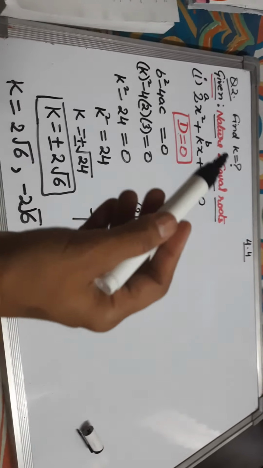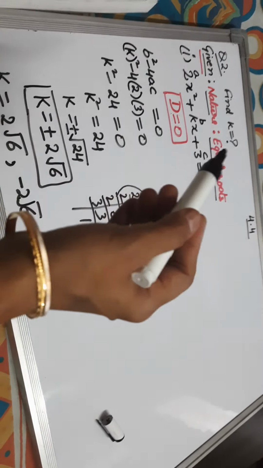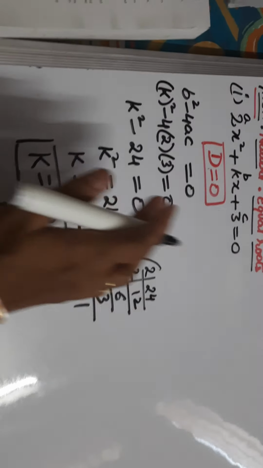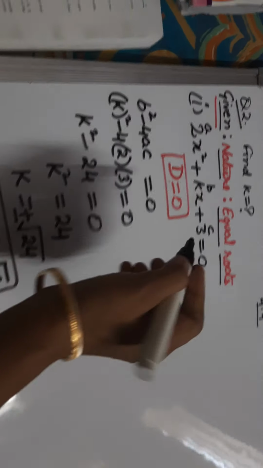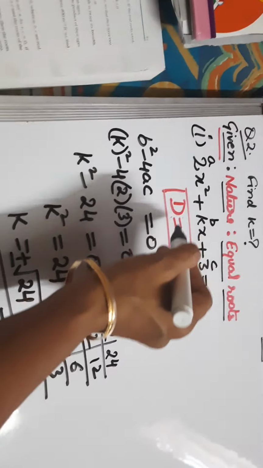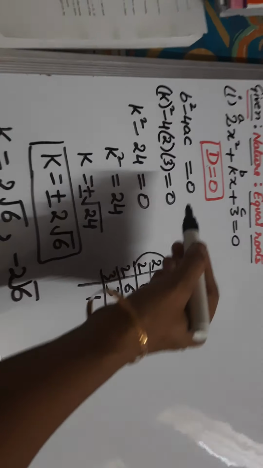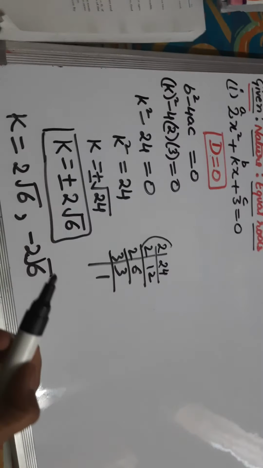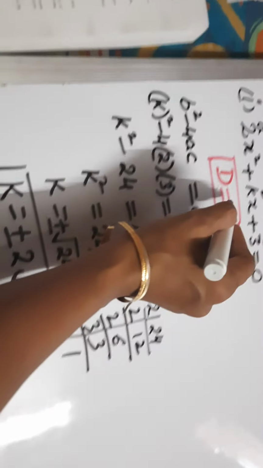Because the condition is given to you, we'll start with the condition equal roots. और अगर less होता, distinct roots होते, we'll take less than. Non-real roots अगर non-real होते, we'll take less than 0. और सब जगह less than का sign लगाते. If they are distinct, then we will take greater than sign in this way.